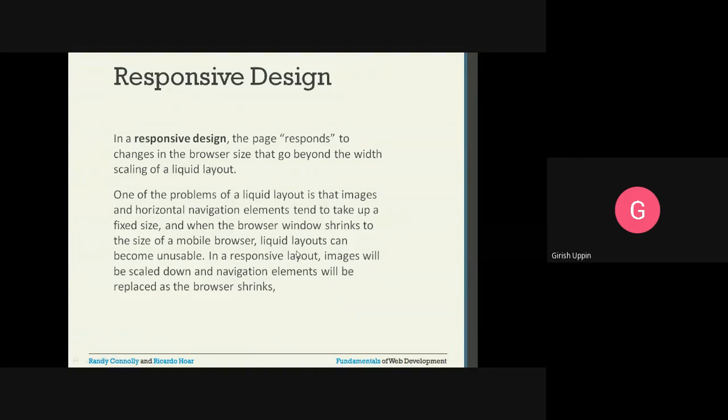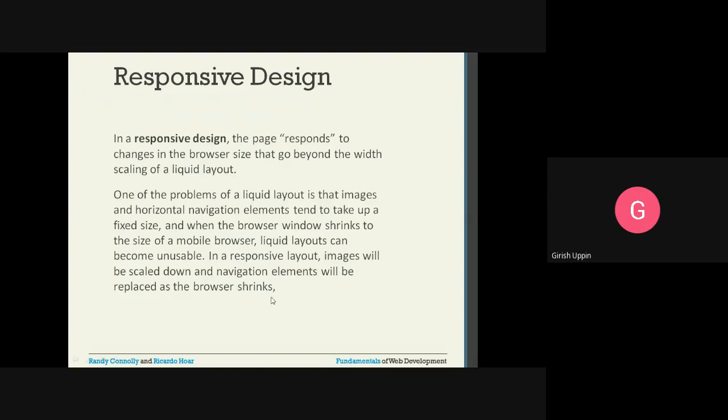When the browser window shrinks to the size of a mobile browser, liquid layouts can become unusable, because certain elements will shrink, but certain elements are unshrinkable. They will remain the same. On a small mobile browser screen, the web application will become unusable.